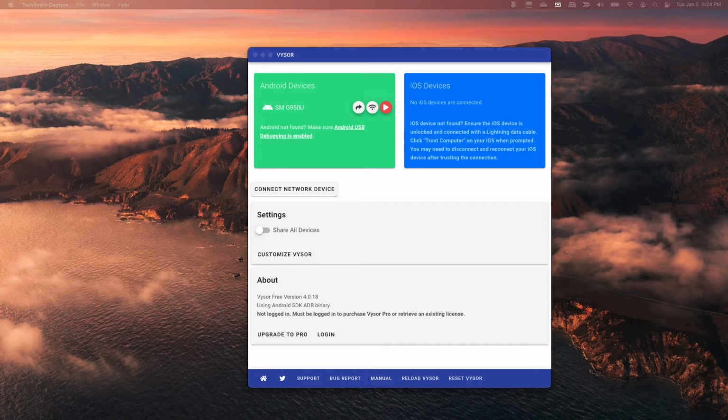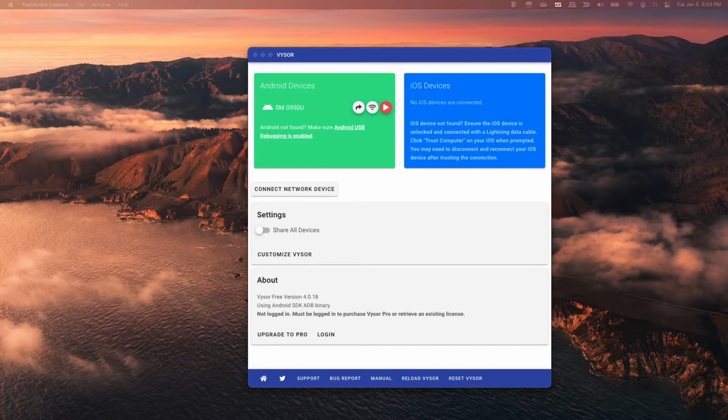Basically, the way it's done is you have to set up a proxy, and I like using Charles Proxy. I've used that for years for various things, and it's a really handy app. So I'd highly recommend it. I'm going to walk you through how to use Charles as a proxy